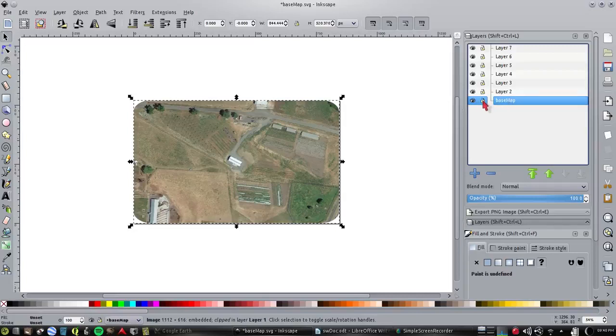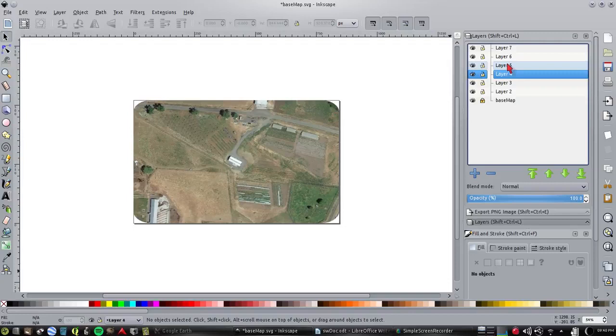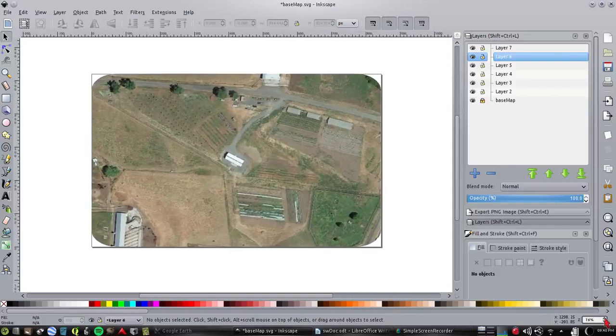and we'll lock it. And when it locks, we can't do anything to this. We like this. It's not changeable. We can always unlock it to make any changes should we need to, but we can put everything else on another layer. Each one of these is essentially a layer of tracing paper, completely transparent, a place you can put stuff on top of the current